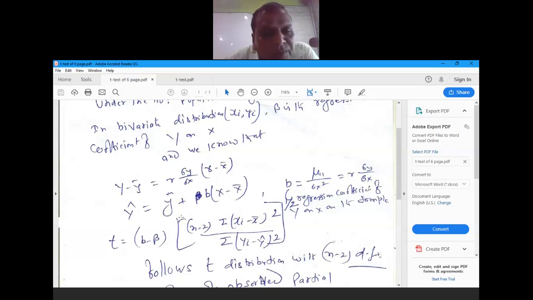So here x bar is equal to summation xi upon n, first sample mean, y bar is summation yj upon n2, second sample mean, and s square is equal to 1 upon n1 plus n2 minus 2 under bracket summation xi minus x bar whole square plus summation yj minus y bar whole square. S square is the combined sample variance, and this is the unbiased estimate of the combined population variance. Then we go for pair t-test.